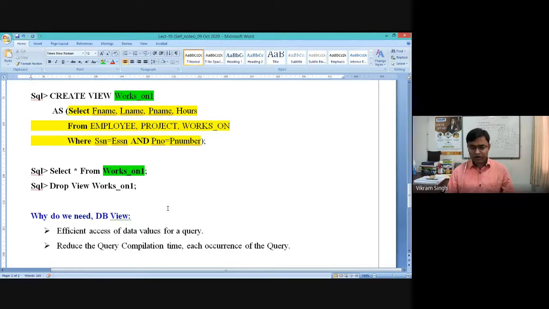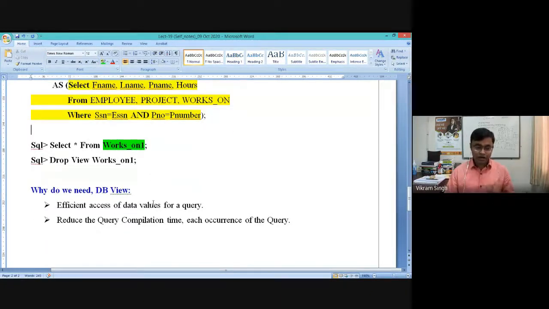There are actually two ways. Either you can delete the previous version of the view and create a new view, or you can create an altogether new view by using this modified query, right? And naturally, what is the advantage of these views? So that's it for this particular concept.